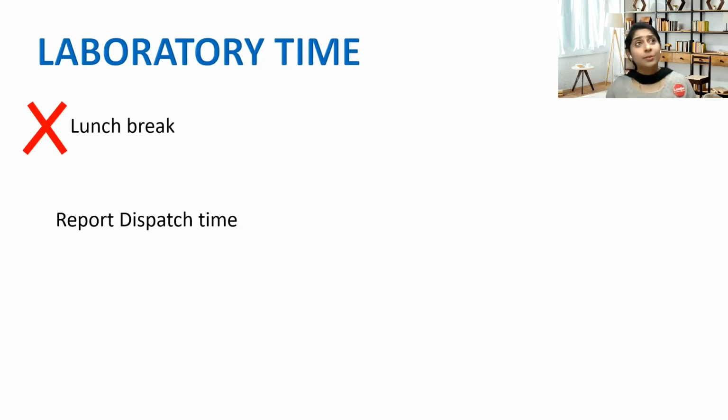Next, we come to the report dispatch time. Make it a very punctual time of 5 p.m. to 6:30 p.m. This is a universal time for dispatching all your reports, either for the walk-in customers or through emails. This has to be the time for your dispatch, and make sure all your reports reach your customers and patients by 6:30 in the evening.